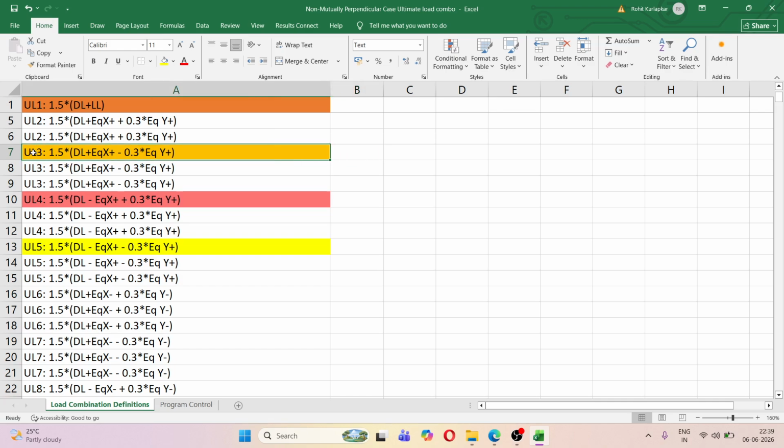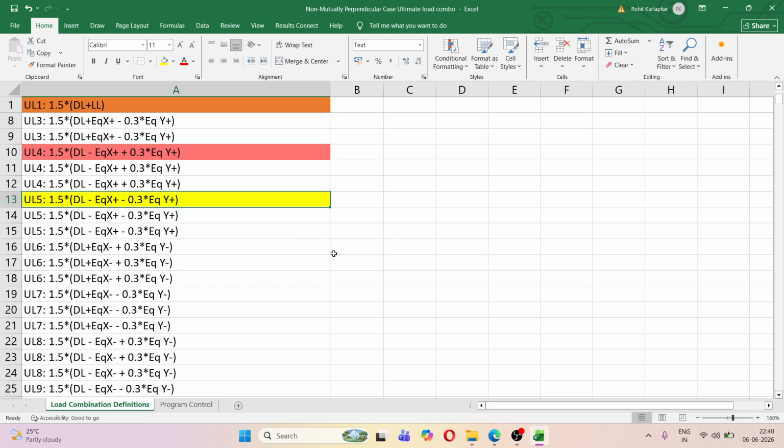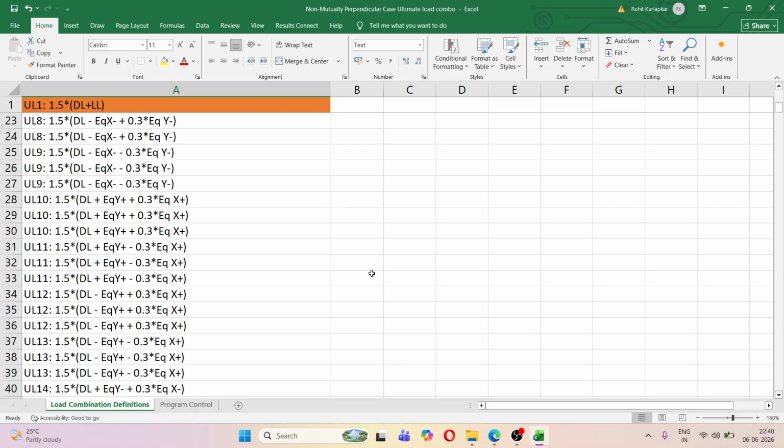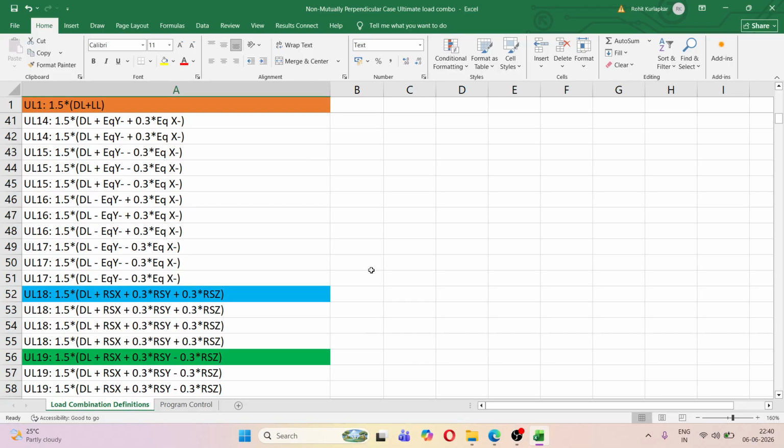Then here you can see the fourth case, minus EQX plus 0.3 EQY positive. So we are now considering the negative case of EQX and positive of 0.3 EQY. Similarly, 1.5 dead load minus EQX positive minus 0.3 EQY positive. So you can see this is how we have created the load cases. And the code says if you have analyzed